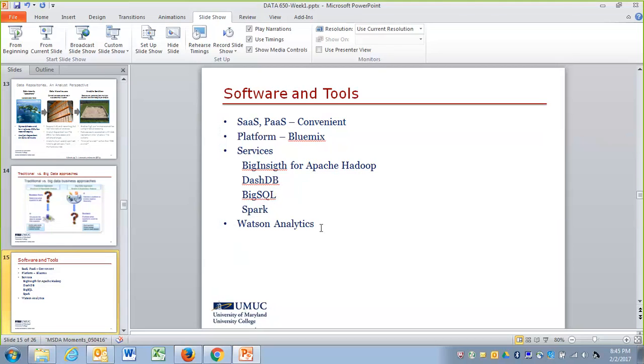And here you will see that we have a blend. What you have from assignment 1 to 4 are all the bullets here, which are Big Insight, DashDB, Big SQL, Spark, and for the group project, Watson Analytics. This is just to give you the opportunity, because at the time you were taking 610, you didn't have the opportunity to be exposed to this tool, which is very convenient from the point of view of business analytics.